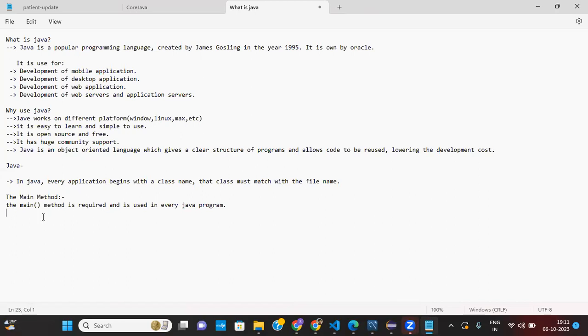Okay. The main method looks something like this: public static void main. The return type is void, but if you want any data type you could use it. So this is the main method, and inside main there is some syntax, String args.